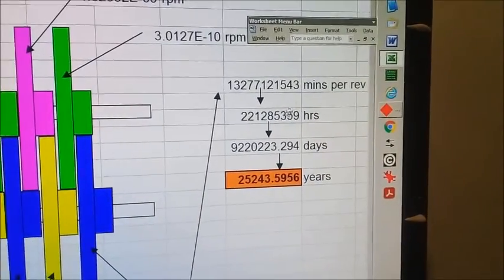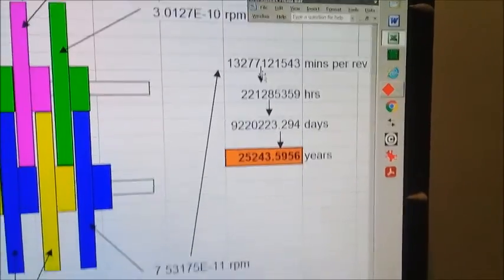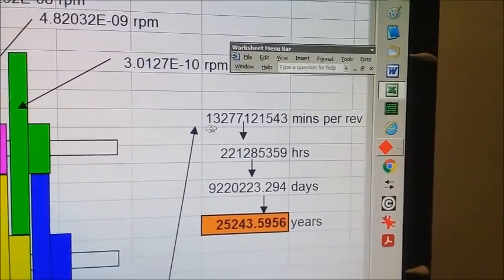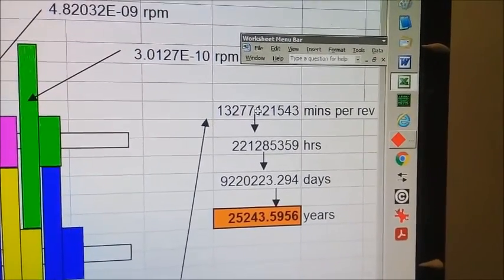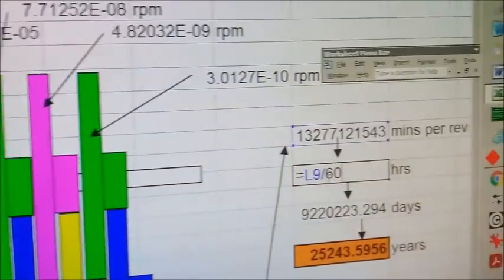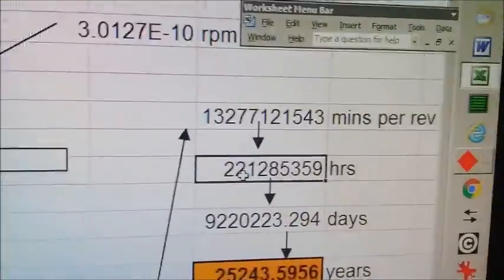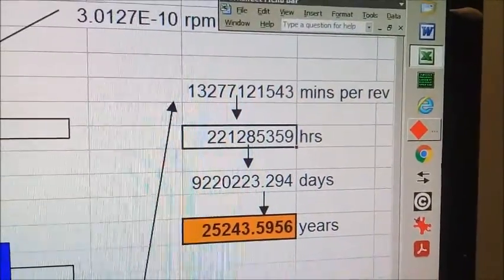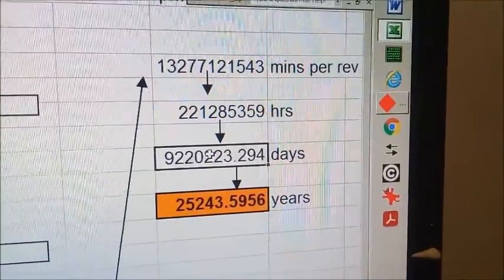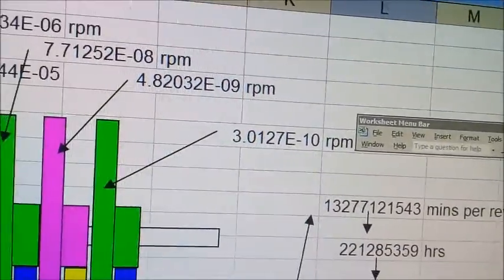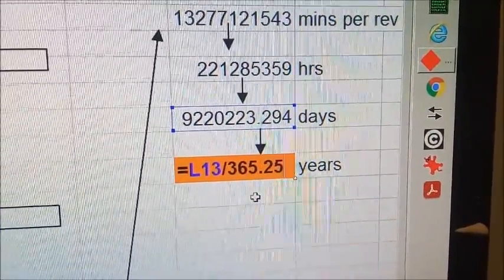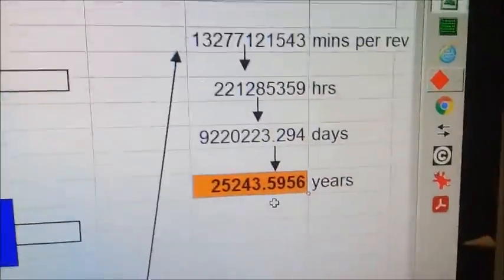If we come up here and invert that, then instead of RPM we get minutes per revolution, which is this large number here, a large amount of minutes per one revolution. If we divide that by 60, we get the hours. If we divide that by 24, the hours in a day, we get the amount of days. Then if we divide that by the days in a year, 365 and a quarter, we get